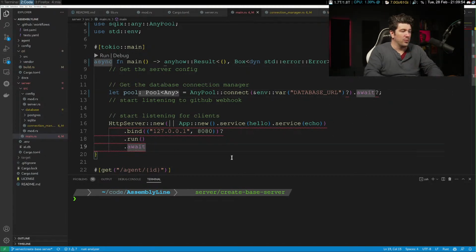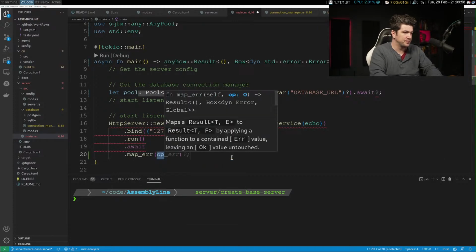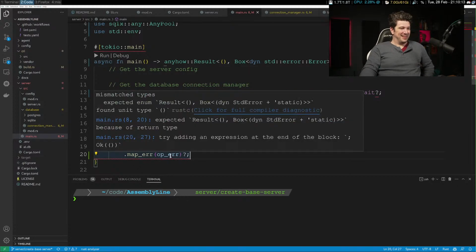All right, so we can do this. Dot map error. That's what Copilot wanted to do. Try adding an expression.